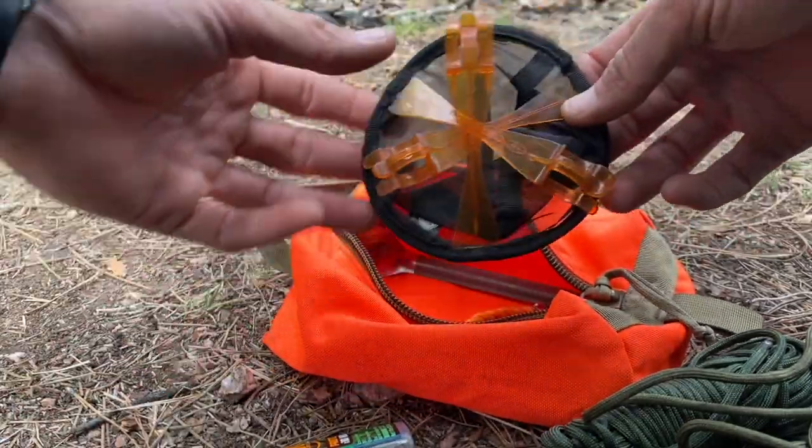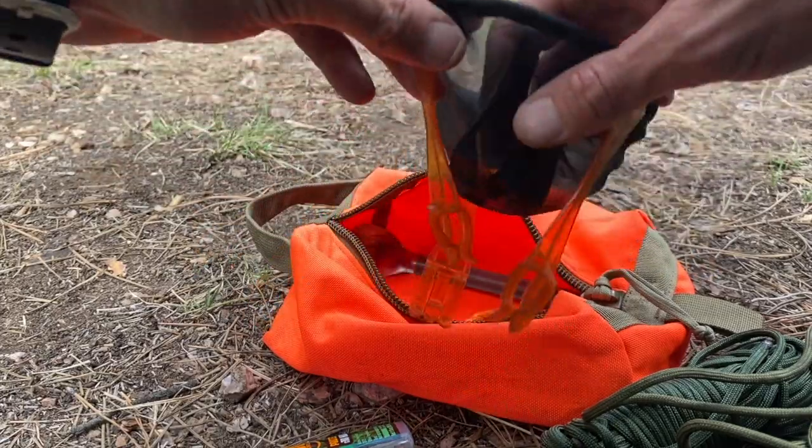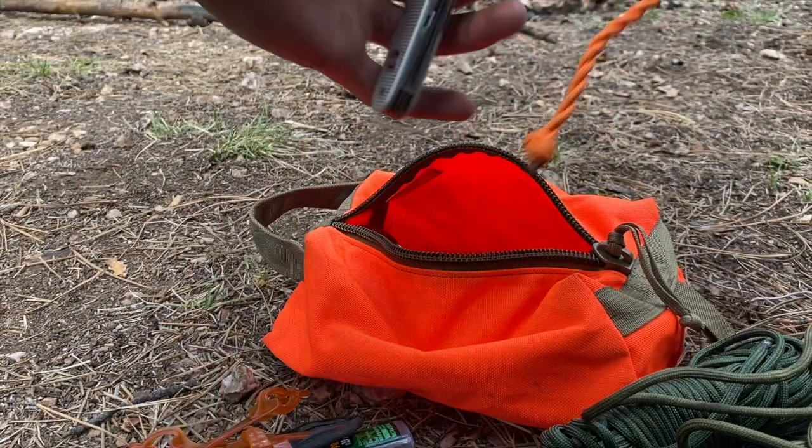A coffee strainer for cowboy coffee I'd keep in there. I've been doing more instant coffee lately, but I just keep that in there anyway, so I do have it. And then I have a